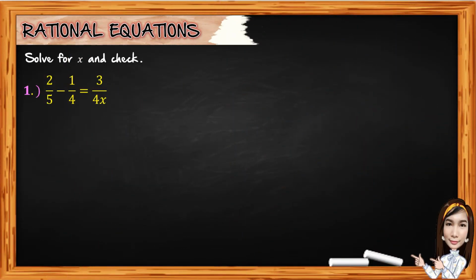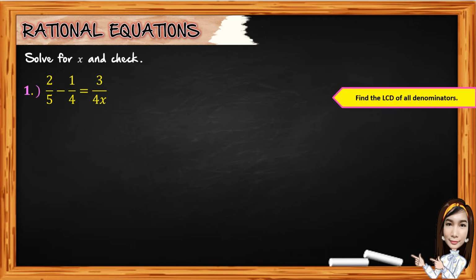For you to understand, let's have the following examples of rational equations. Solve for x and check. For number 1, the given is 2 over 5 minus 1 over 4 is equal to 3 over 4x. Based on the definition, we have there one or more rational expressions, and we use the equal sign, so that is considered an equation. The first step is find the LCD of all the denominators, and the denominators there are